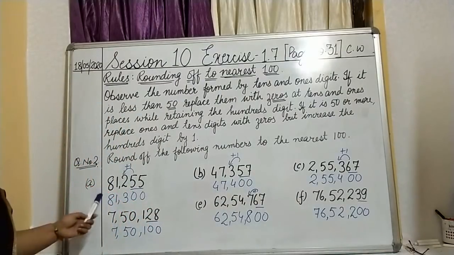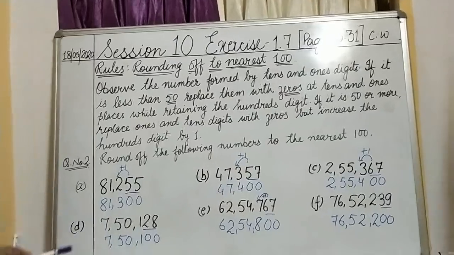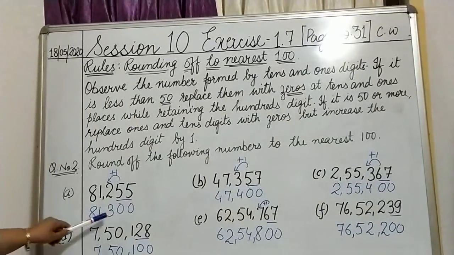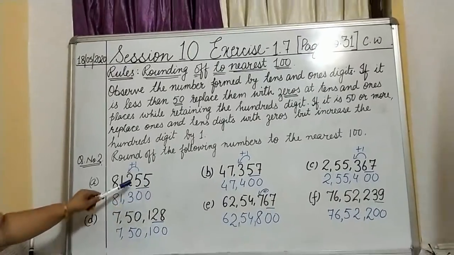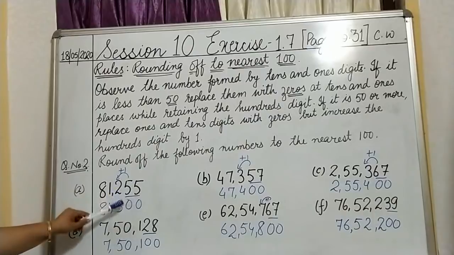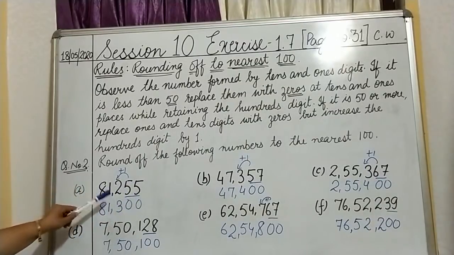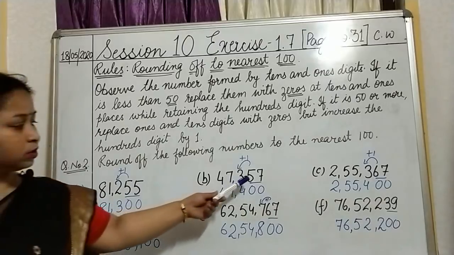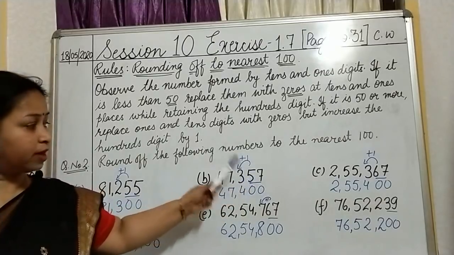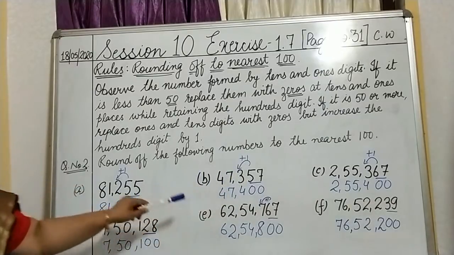Okay. So let me read out the answer for each of them. Question number A, the answer is 81,300. Since 55 is more than 50, these two digits were replaced by 00 and 1 was added over here. Then here also, since these last two digits are more than 50, we write 00 and add 1. The answer changes to